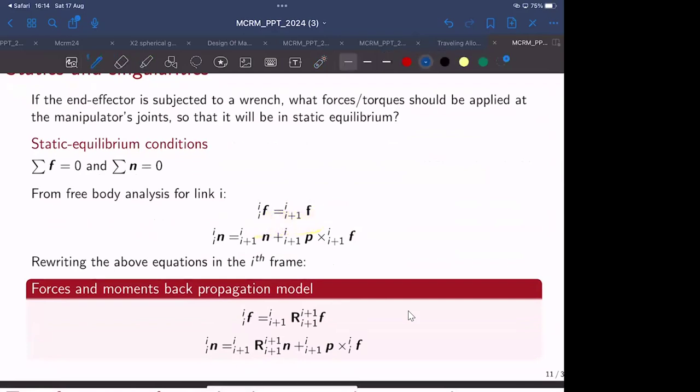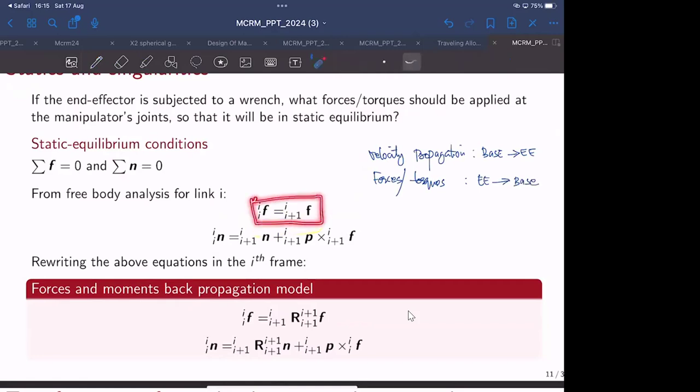So earlier it was from base. Velocity propagation was from base to end effector. The propagation of forces or torques will be from end effector to base, right? And this expression is nothing but the propagation of forces, and this expression is nothing but the propagation of